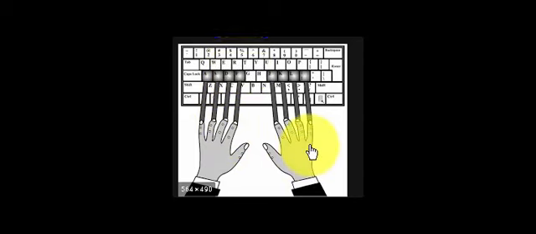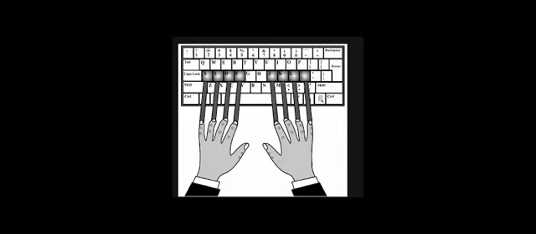Likewise, here, children, the little finger will be used for semicolon and P. This ring finger will be used for L and O. This middle finger will be used for K and I. This index finger will be used for J, U and Y. Children, when we place our fingers on the home row, this index finger is used for F and G, and here this index finger will be used for J and H.